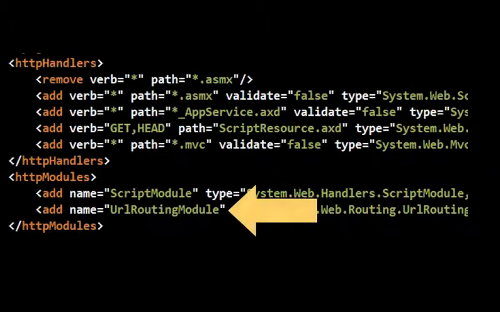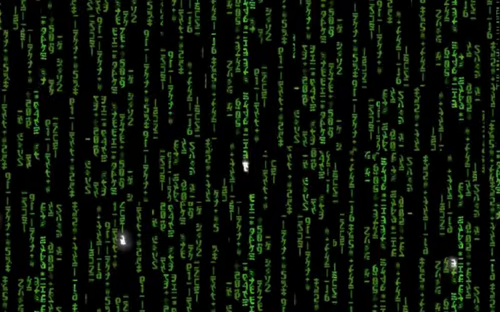In fact, you can see this routing module, if you like, if you crack open the web.config of any ASP.NET MVC application. Just scroll on down to the HTTP modules, and there is the URL routing module sitting there, waiting to be invoked. Okay, so there's a lot of information here, and we kind of just cruised right through it. Let's go into a bit more detail, maybe in a bit of a different way,